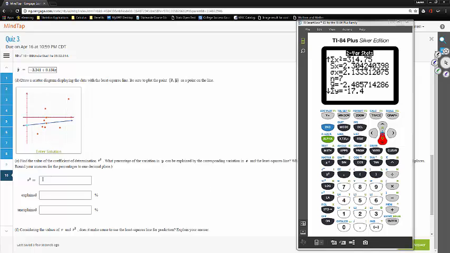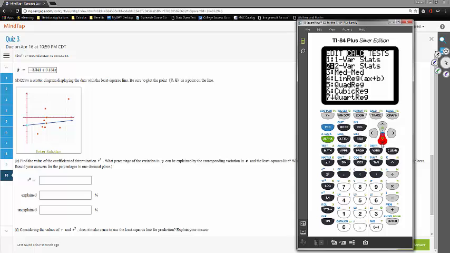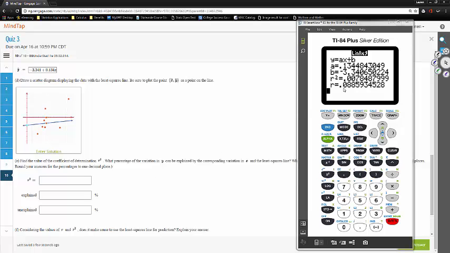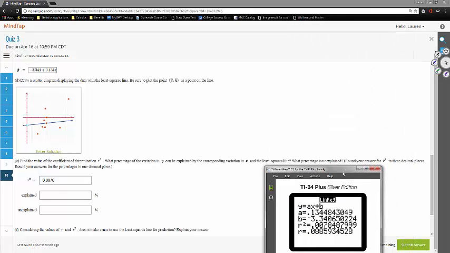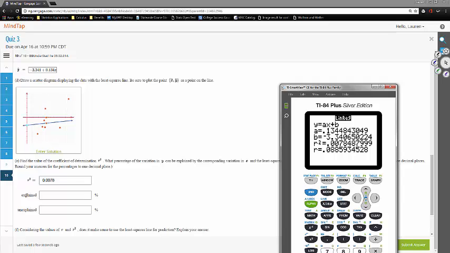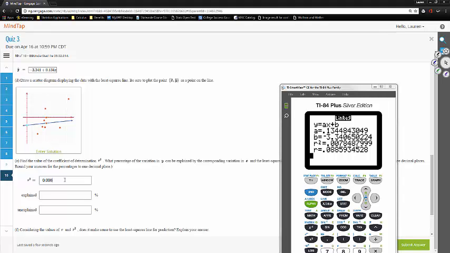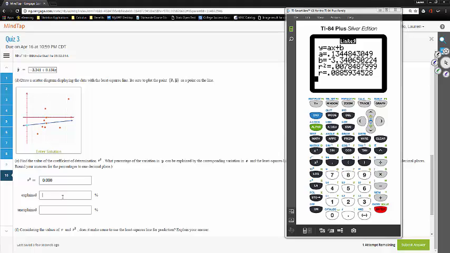Now that he's plotted, we could find the value of r squared. Remember that kicked out when we ran linear regression. Either one, this one or the a plus bx, will still give r and r squared. R is 0.0885, and when you square that value, you'll get 0.0078. So that's r squared, 0.0078. R squared to 3 decimal places is 0.008. That means that there was only